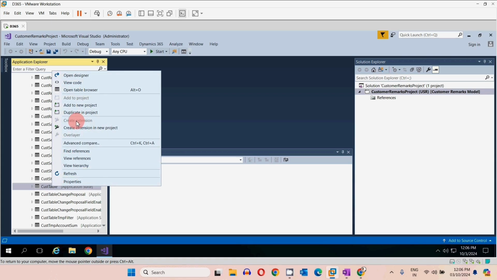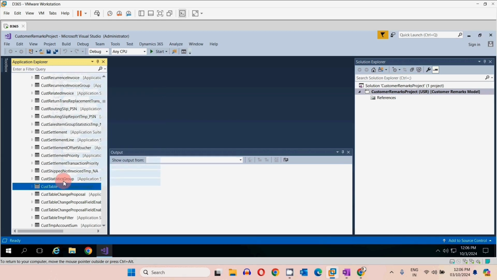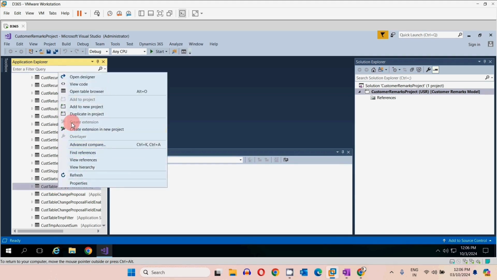Here you can see this button is not enabled. This is why, see, we have not added the application suite reference package to our project. That's why this option is not enabled. So for adding this reference package, you go to